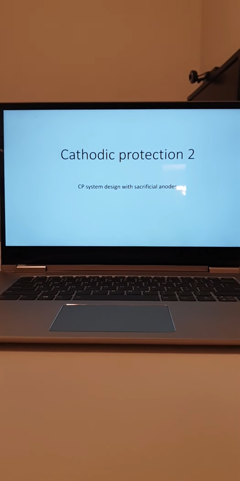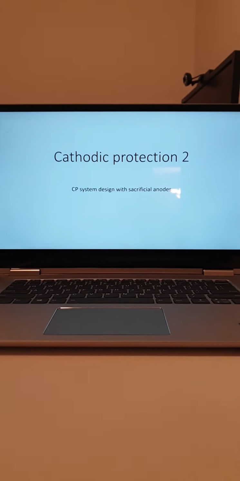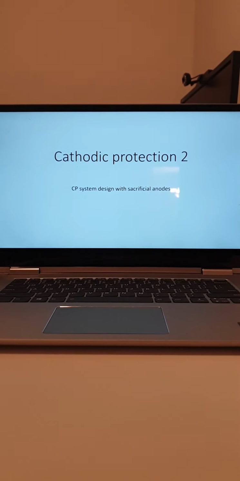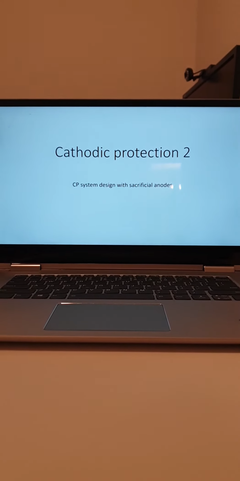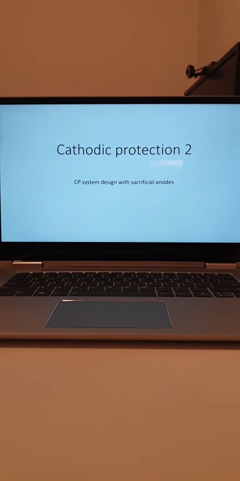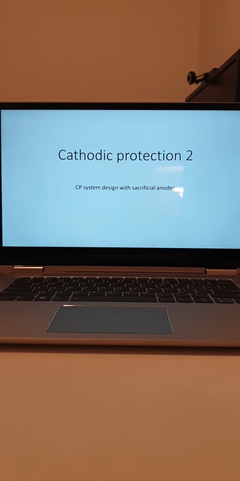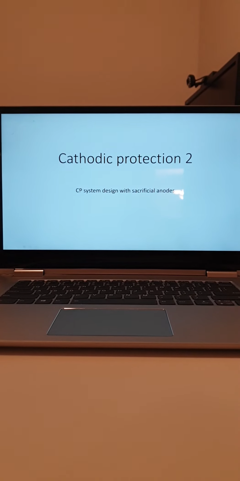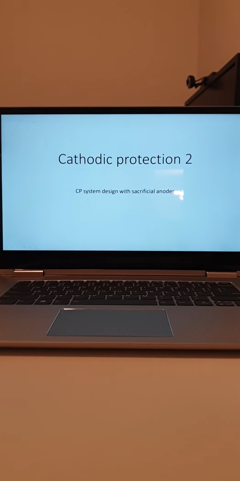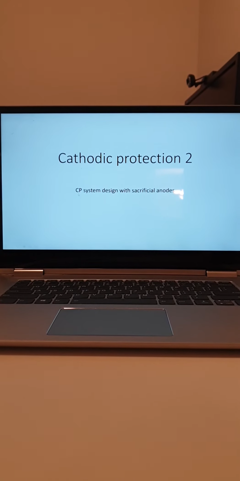Now, this is the second part. This is the cathodic protection section 2. And it will be another section, which should be section 3, the impressed current analysis. And in this section, what we are doing is we'll basically go for a design of a cathodic protection system